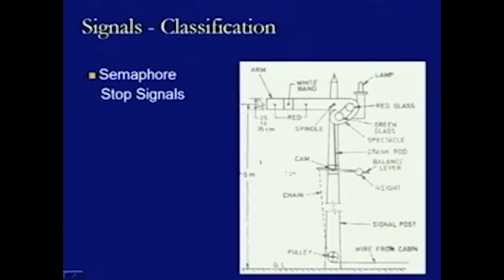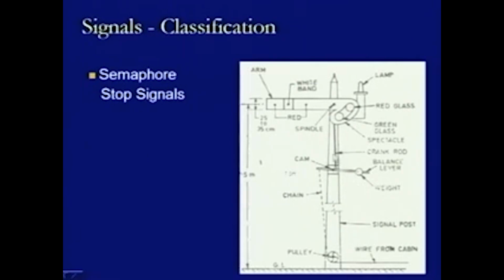Now, as this arm moves, accordingly we will be having a red light or a green light. This spindle is connected to the cam at the bottom at this location, and this cam has a total combination of lever, balancing weights, etc., which are provided here. So, we have the weight at this location, we have the balancing lever here,